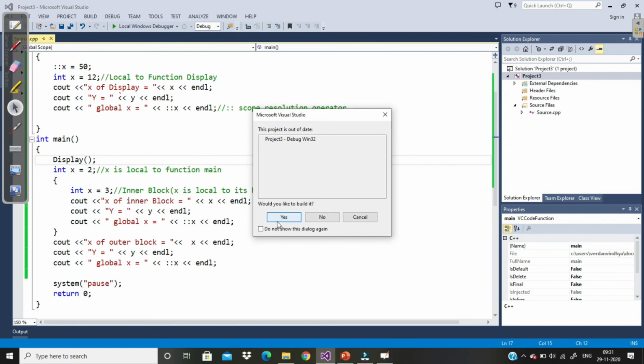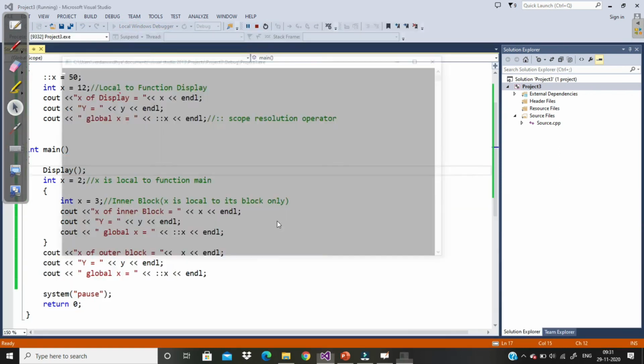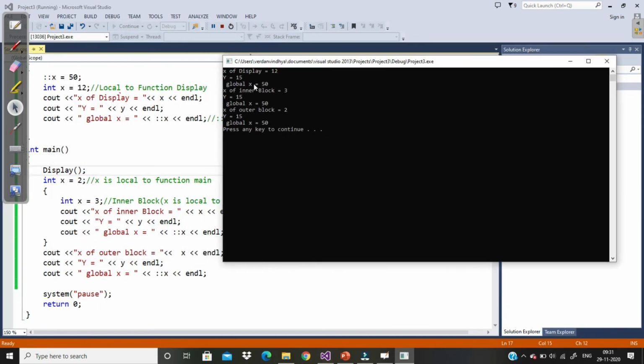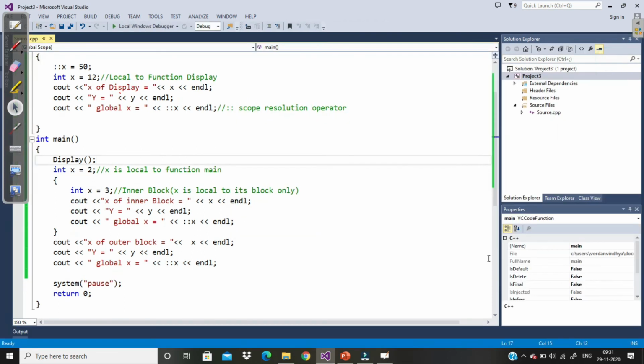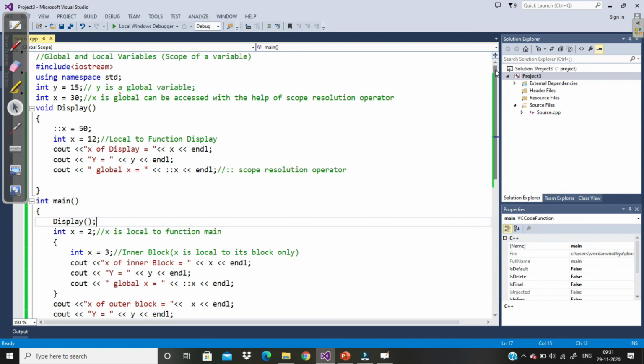So you have to be careful when you write your program. See, now for all the others, because we have called this function initially, inside it we have changed the value of the global variable. So this is about local variables and global variables, and how to access global variables inside any block of your program. Thank you.